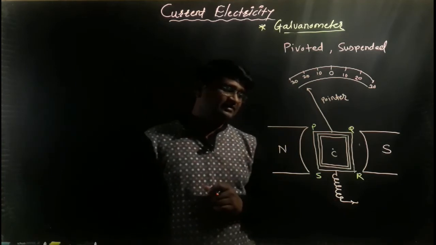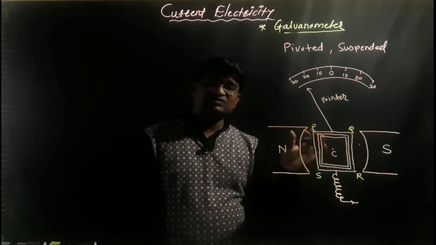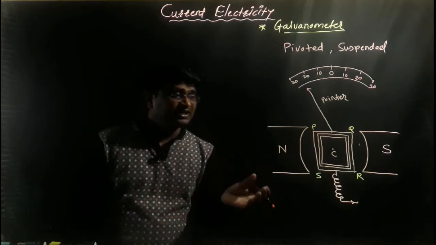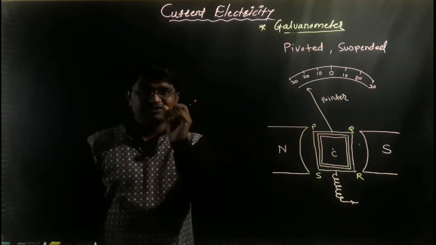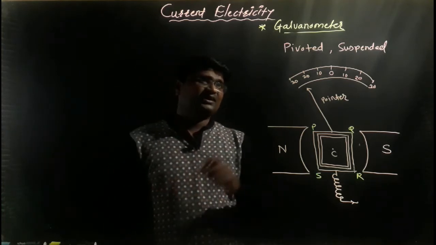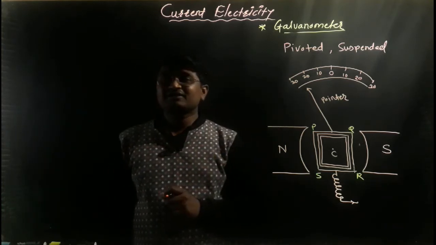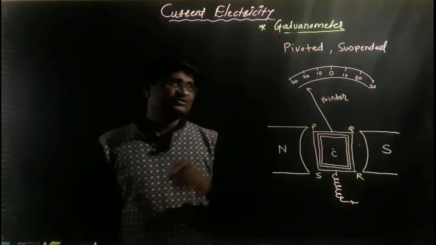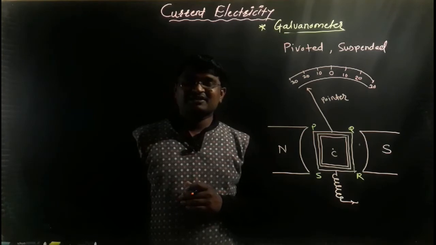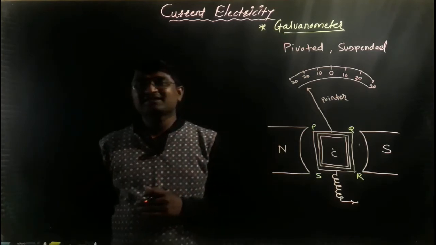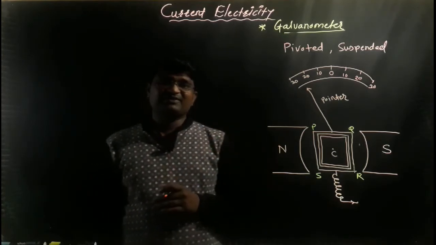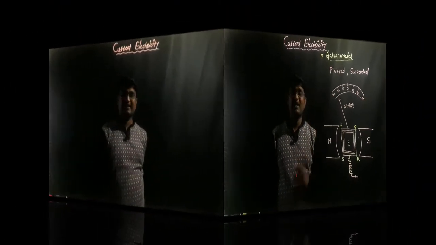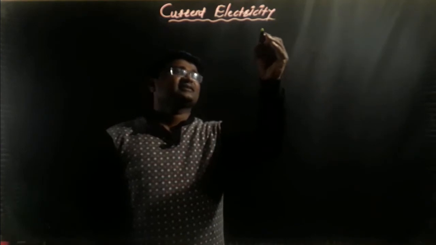But again remember that only a very small, weak electric current can be measured with a galvanometer. But what happens if the range is increased? With a very small modification, the galvanometer is easily converted into an ammeter, and also into a voltmeter. So how does a galvanometer work as an ammeter and as a voltmeter? We discuss this concept in the next point of this chapter.